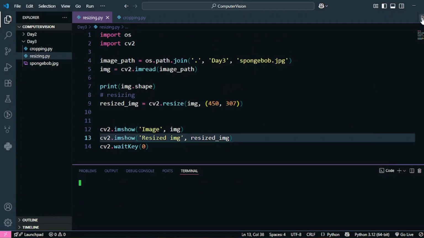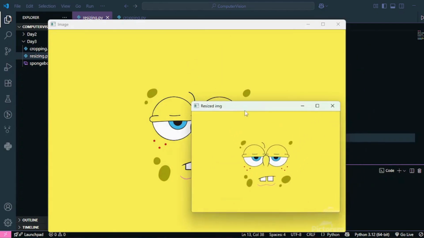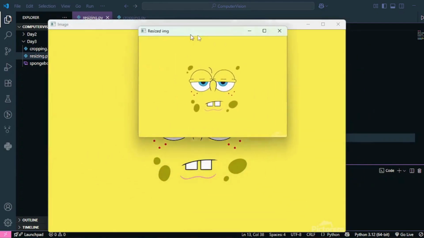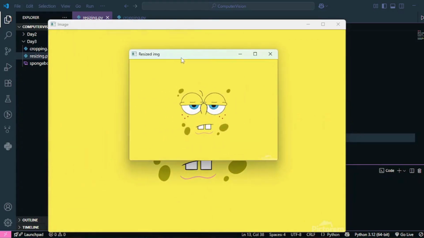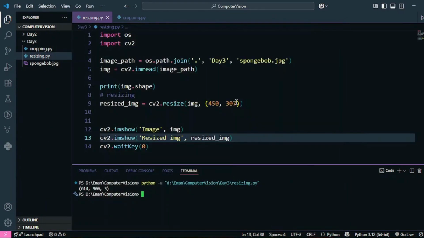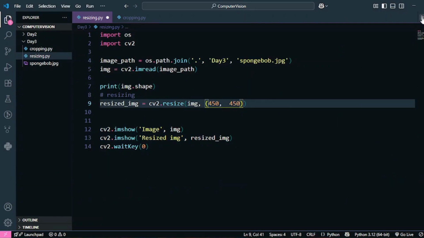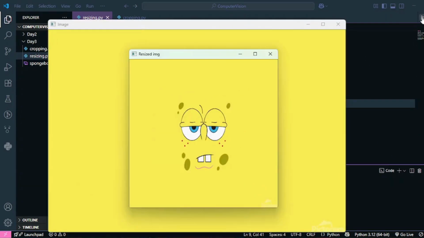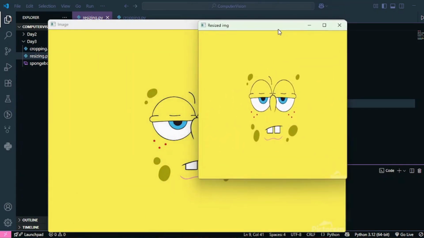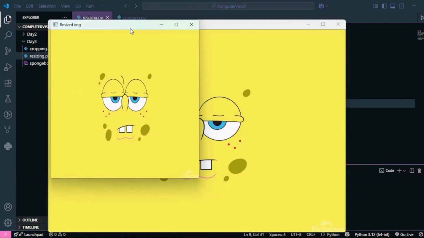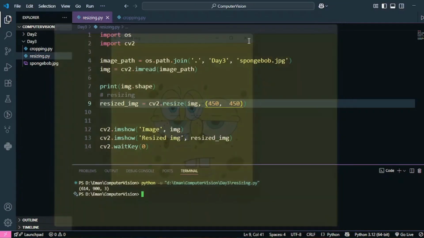I'm going to rerun my program and yes, so this is the resized image and that was the original image. As you can see, this is exactly half of our original image, and it's not important that you always resize it in correct proportions. It's totally up to you. I can do 450 by 450 as well, even though it is out of proportion, but it will still work. OpenCV will comply with the dimensions that I pass to it. So it's not exactly half, it's not exactly one third, but still it's working because OpenCV will comply with whatever dimensions or commands you pass to it.